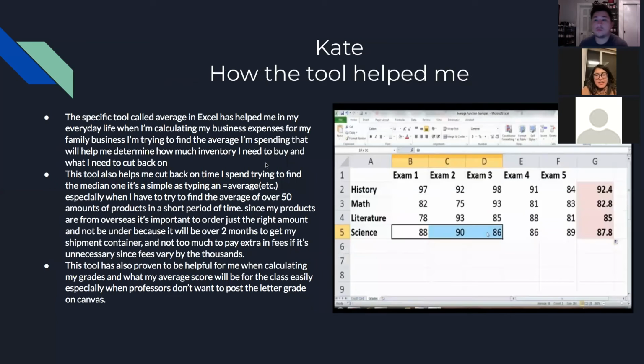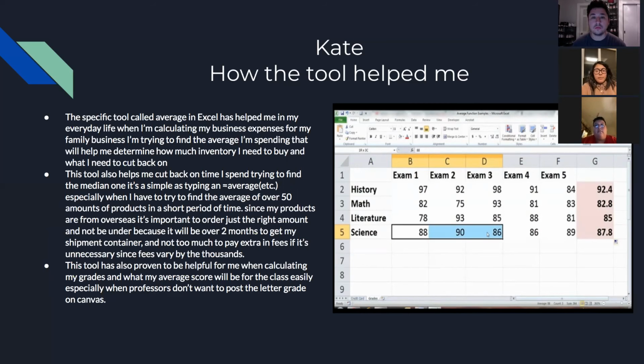Next slide, please. And then how this tool has helped me specifically would have to be in my everyday life when I'm calculating my business expenses for my family business. I'm usually trying to find the average that I'm spending for that month, and it can help me determine how much inventory I need to buy and what I need to cut back on. This tool, for example, like when I'm buying,